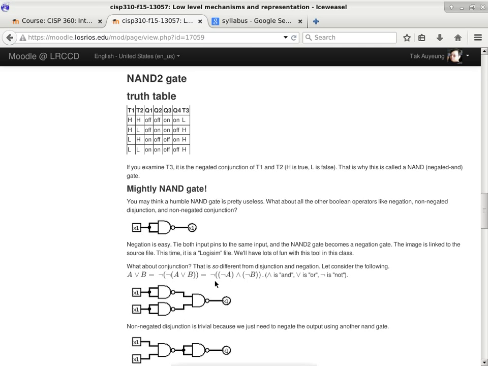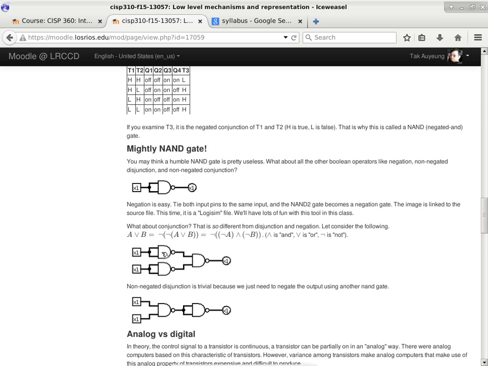The next one here is an OR. If you look at this picture here, that's an OR gate. An OR gate is a little bit complex because I need to use 3 NAND 2 gates to make an OR out of it. And this is the equation to do it. A or B, this symbol looks like a V, that's how we write OR in mathematics. A or B is the double negation of A or B, because double negation cancels each other out. Is that okay? But when you have a negation,